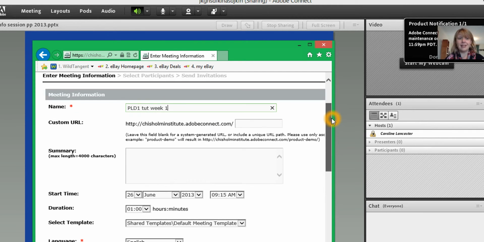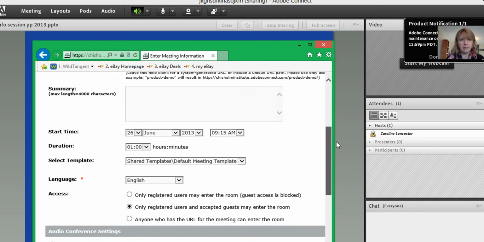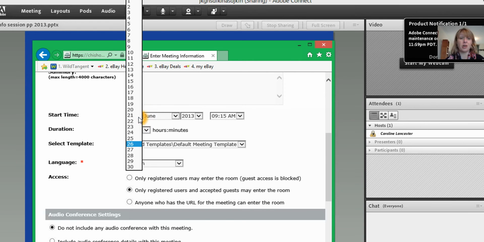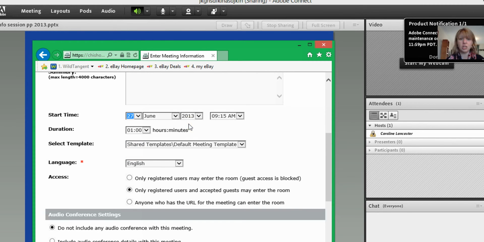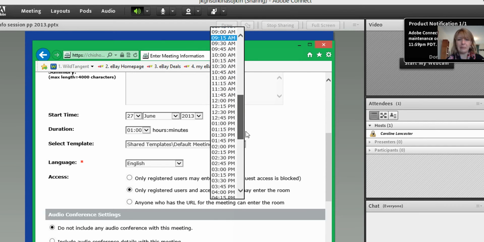Now, you don't need to worry about the custom URL because that will develop itself. The most crucial part of this is the start time. So that's today's date, but my tutorial is actually for tomorrow night. So I'm setting this up in advance. I'm going to make it the 27th of June. And the tutorial is at 8 o'clock at night. But I want to give myself an hour to actually set up the Adobe Connect session. So I'm going to make it start at 7